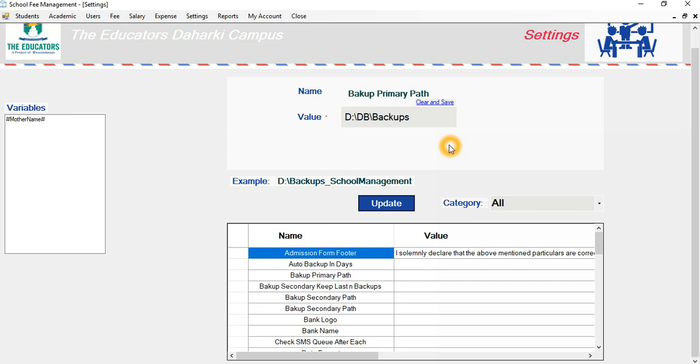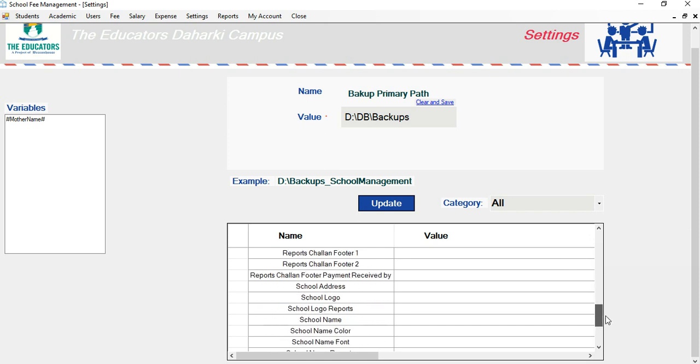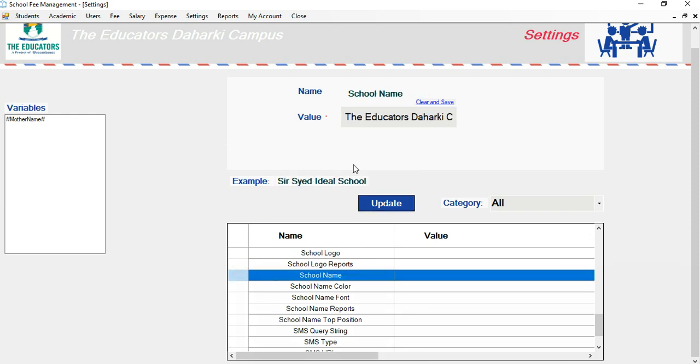Same way you can make other changes, like you want to change school name and logo and background color of header. So in these global settings you can make all these changes, like school name.